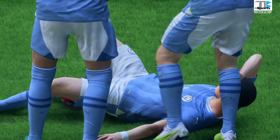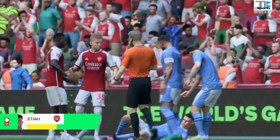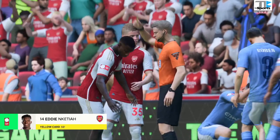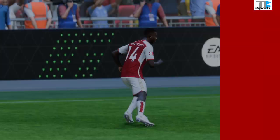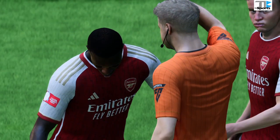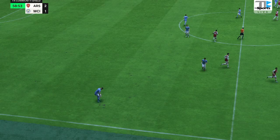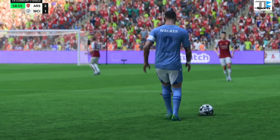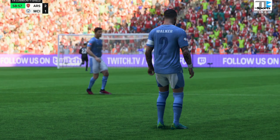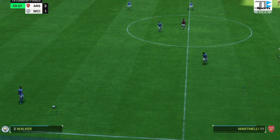Now Foden is down in a heap here. Referee running towards the situation, and Eddie Nketiah is going to be booked here. Foden's been hauled to his feet. Yes, it was a little bit of a late challenge by the Arsenal striker. Judging by his body language, I think he knew it. Right, Kyle walking in with a free kick to Manchester City, trailing 2-1 as we come towards an hour played